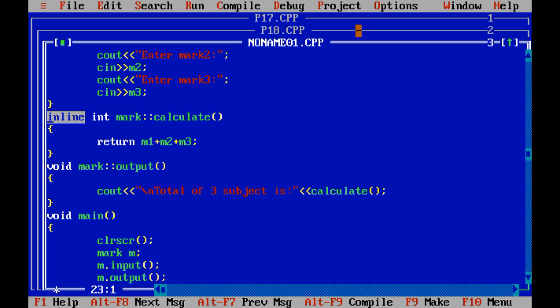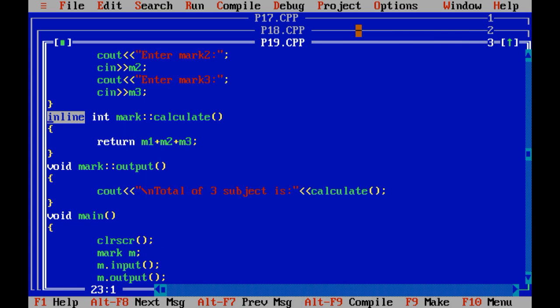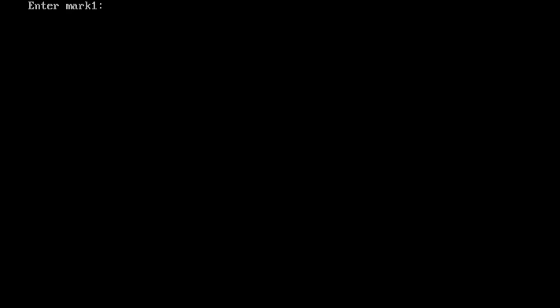It is an internal process, we are not able to see. When you want to execute your program faster, at that time you can make that function inline, and you need to keep in mind that you make inline the function which contains the processing statement. Let me save the given code. Program number 19. Let us run. 165 would be the output of this program.